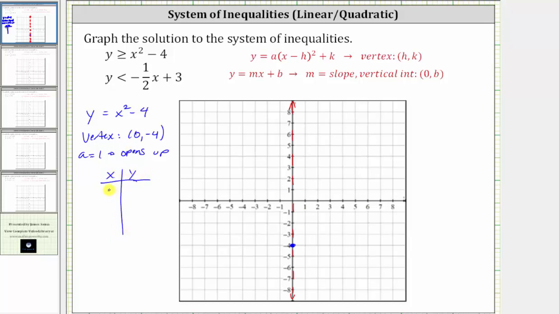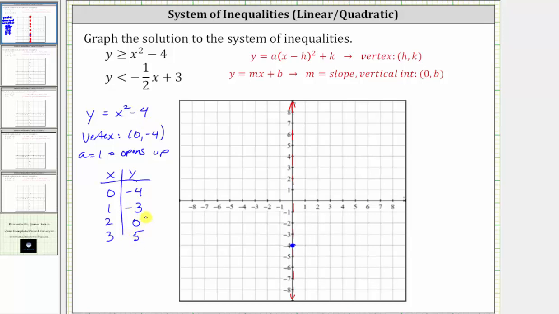We already know when x is equal to 0, y is equal to negative 4, which gave us the vertex. Let's also select x equals 1, 2, and 3. When x is 1, y is equal to 1 squared minus 4, which is negative 3. When x is 2, y is equal to 2 squared minus 4, which is 4 minus 4, which is 0. And when x is 3, y is equal to 3 squared minus 4, which is 9 minus 4, which is